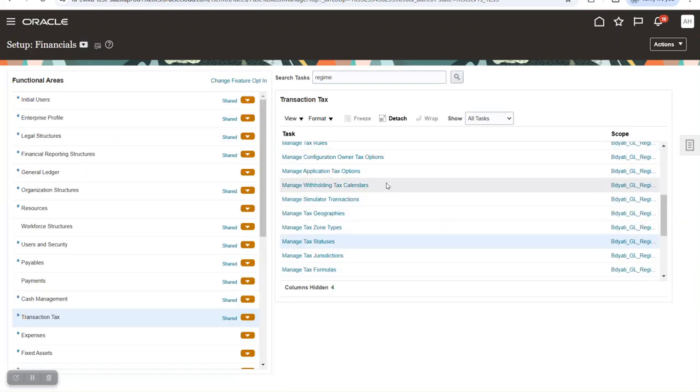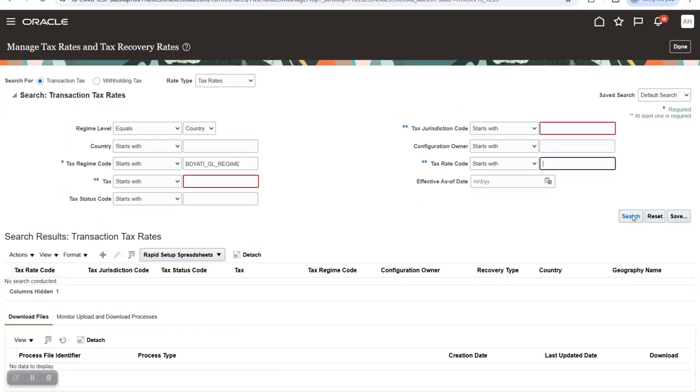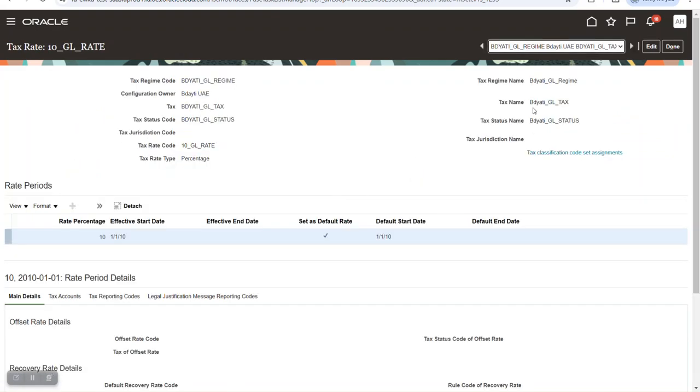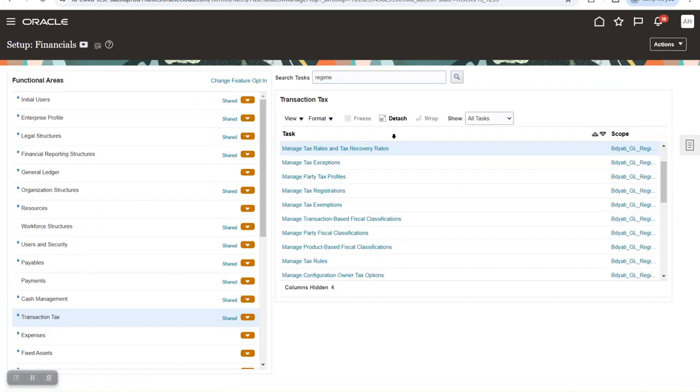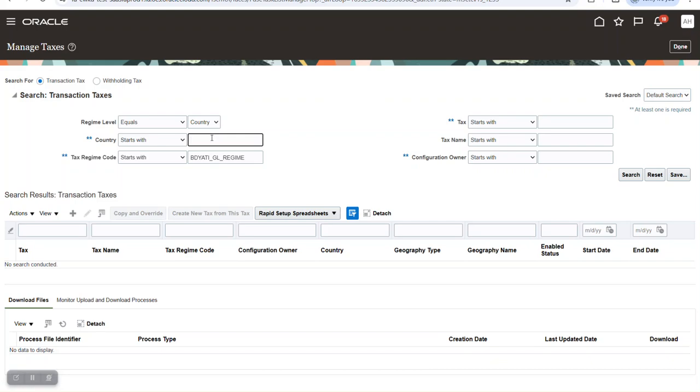So manage recovery rate and non-recovery rate. This is manage tax rate and tax recovery rate. Again, I will search, it will give me the tax rate code. I put it as one rate, as a default rate with percentage 10, and here don't assign the jurisdiction code. It's optional, but again, this is another tricky part: don't assign the tax jurisdiction code. Again, you have to assign tax, regime, status code, and so on. Okay, after that you will come back to the tax, check the defaults of tax jurisdiction, tax status and tax rate, and enable the tax